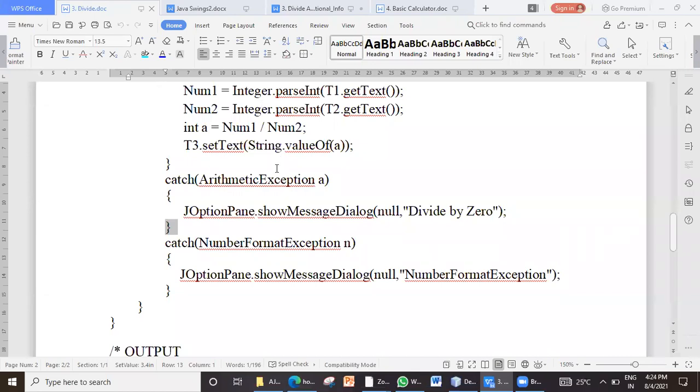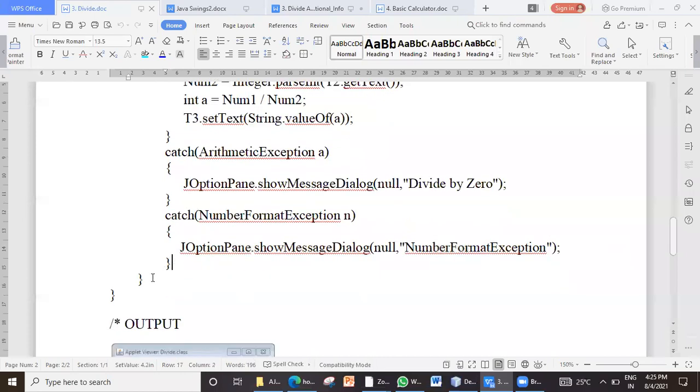So the second exception is NumberFormatException. I'm going to catch it here in the second catch. Remember that in specifying these exceptions, since exceptions are classes, they should be used with proper cases. NumberFormatException, N, F, and E uppercase. The variable name can be anything, n, e, u, anything. When the NumberFormatException occurs, I'm going to display a message in the message box. Again, the same null, NumberFormatException.